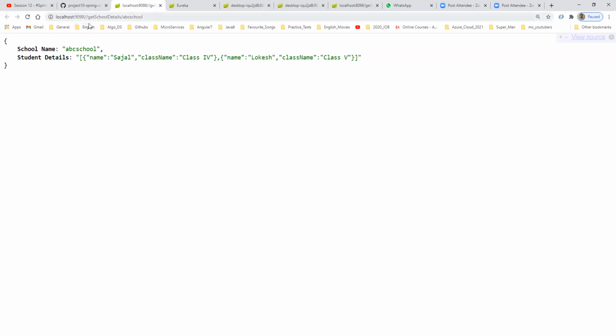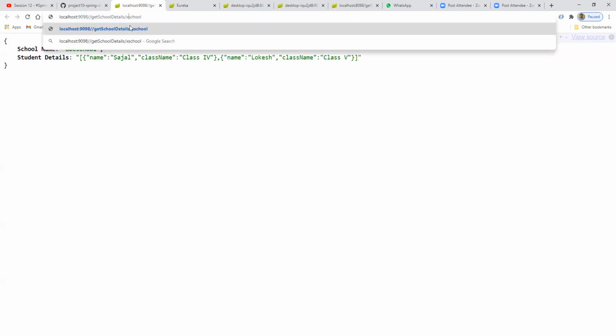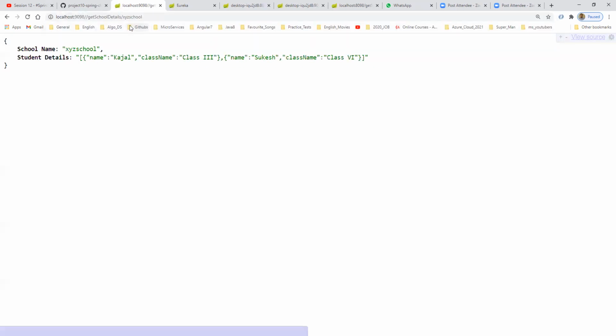Whenever you call port 9098, internally it will invoke the school service, and internally it will invoke the student service. If you pass XYZ school, internally it will invoke the XYZ school. So this is what we are able to invoke.